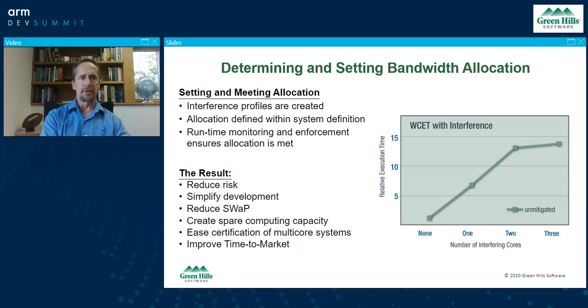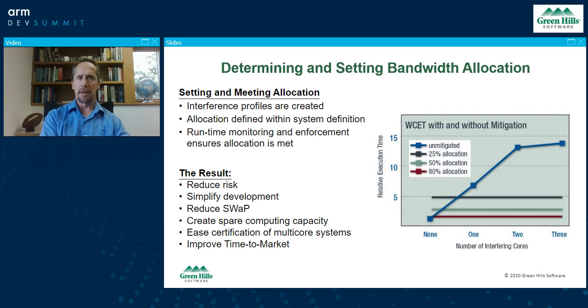When all of these considerations are taken into account, the applications are properly monitored and mitigation techniques are put into place, the results can be very impressive. You can see the results we discussed earlier with the unmitigated interference within a 4-core system. By creating interference profiles for our critical applications and the cores they run on, as well as the other cores in the system,